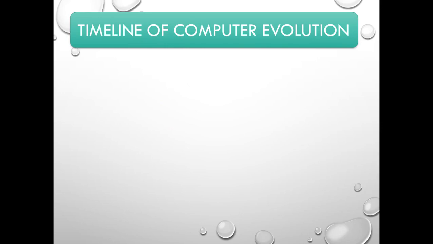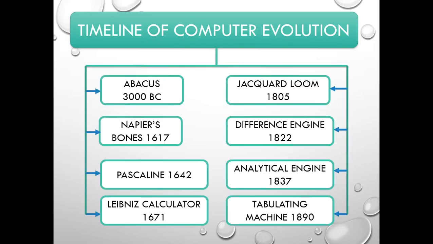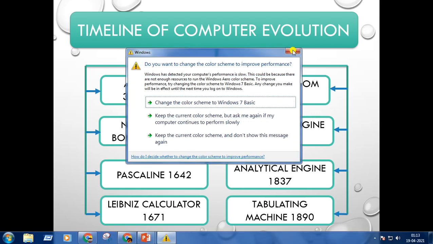Let's take a glance at the timeline of computer evolution. At first, in 3000 BC, abacus, then Napier's bones in 1617. After that, pascaline in 1642. Leibniz calculator in 1671, Jacquard loom 1805, difference engine 1822, analytical engine 1837, and the tabulating machine 1890. And the first one is